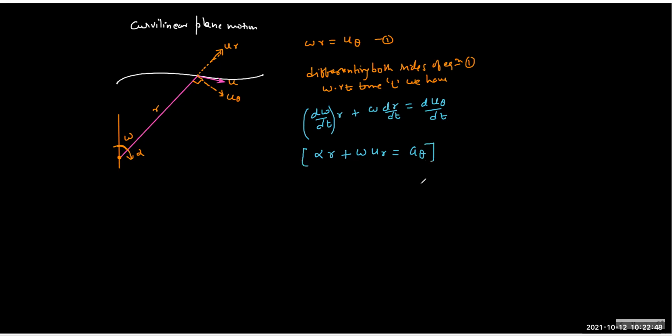The second term will come only when the velocity is changing. So the second term, omega ur, will come when r is changing. Yeah, right. But in circular motion, what happens? The dr by dt becomes zero. That's a good thing. So in context of circular motion,